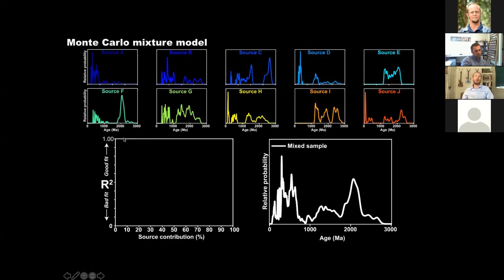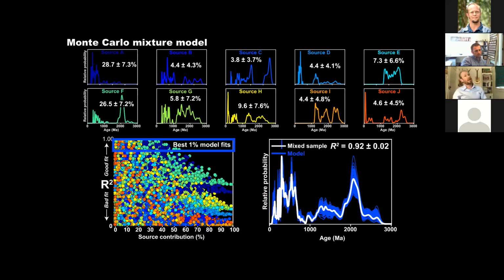And so I'm not going to go through every step here, I'm just going to jump to the answer. If you have a lot of different potential sources, you may not get that perfect fit, right? And this really kind of speaks to reality here, right? Like when we go out to a basin, then we characterize sources, what are we actually going to get? We're going to get some envelope around that mixed sample if we're doing good, right? If we have actually characterized these potential sources